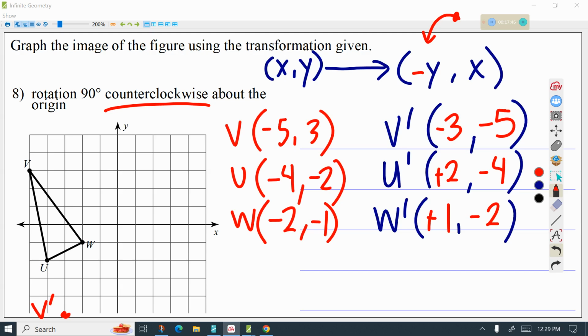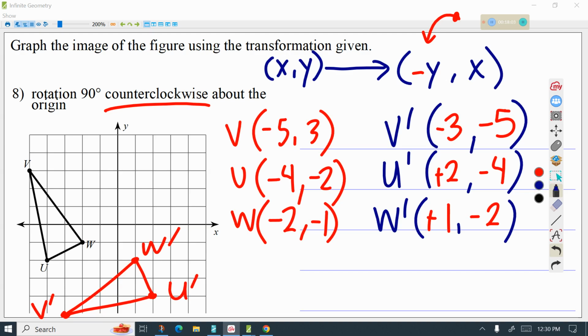And then this one, U prime, is right 2, down 4. And so that's U prime. W prime is right 1, down 2. And so that's W prime. And there we go. It went counterclockwise, and we can double check, right, that we can see, hey, look,